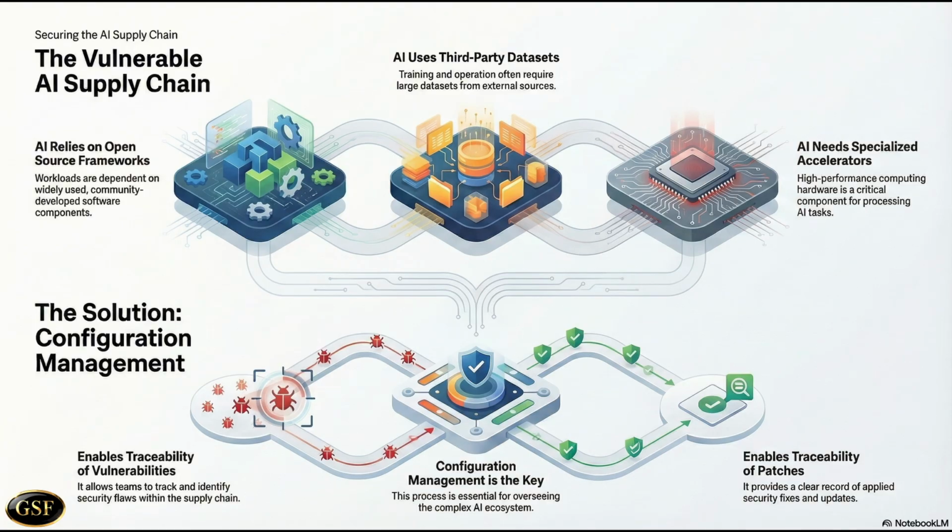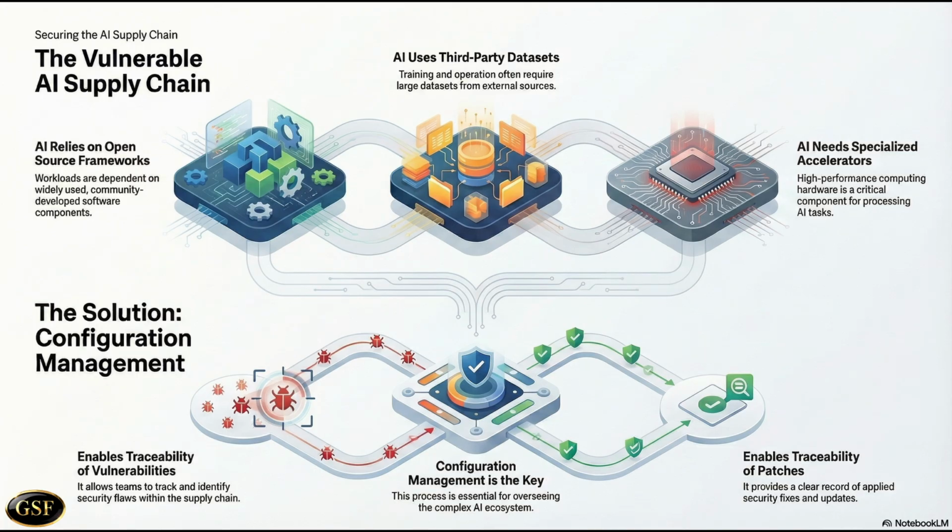AI systems work in much the same way. They rely on freely shared software libraries, the bricks, data collected from outside sources, the windows, and specialized chips that speed up calculations, the wiring. When a vulnerability is discovered, like a bug in a popular open-source library or a flaw in a third-party dataset, then developers need to know exactly which version of each piece is being used, so they can apply the right